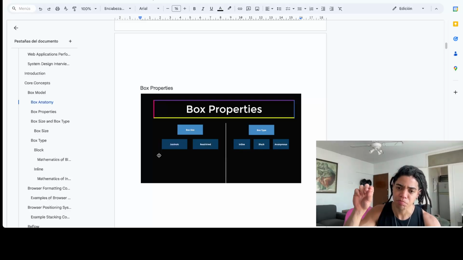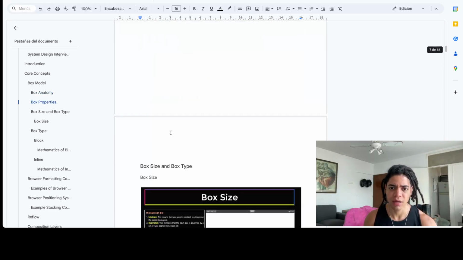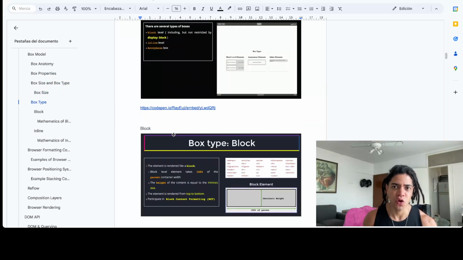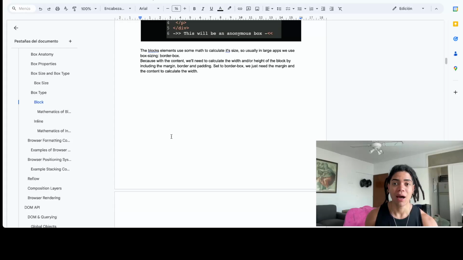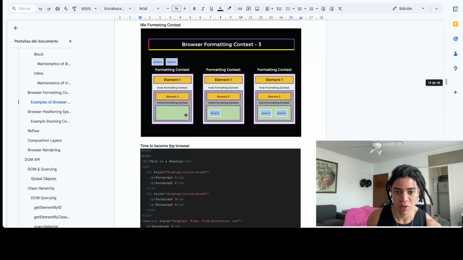Then you decide and define, and it becomes scalable and predictable when it comes to knowing which particular format you want to apply. So that's something interesting, because when we are going to know how the browser positions elements on the screen,